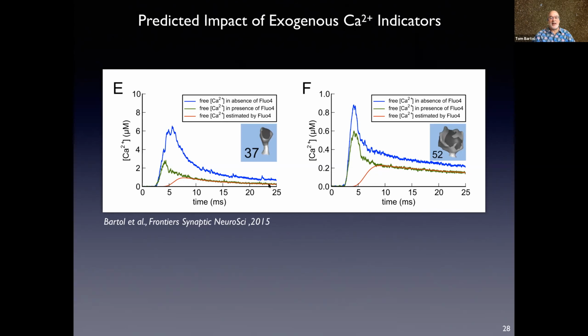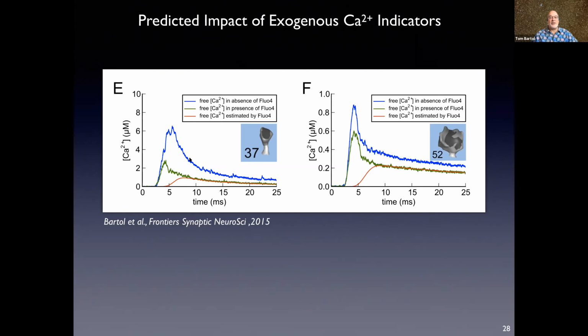So that's kind of proof there that there is a correspondence between what they observe and what's really happening, but only at very slow signals. And so in our computational experiments, we could show that they're missing this transient part of the curve when the calcium indicators are present. And this is for a small spine. And for a big spine, it's even a little bit more extreme what they're missing in the transient part of the signal. But then we could do something that they couldn't do,